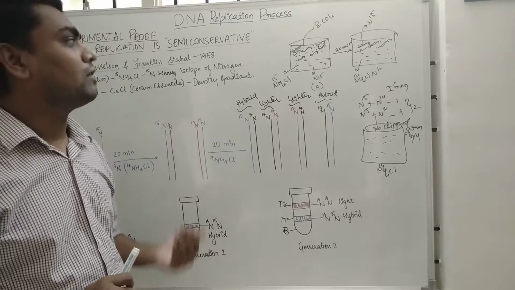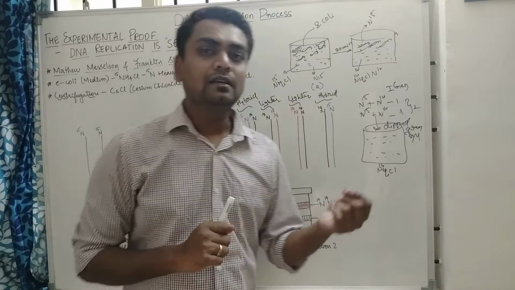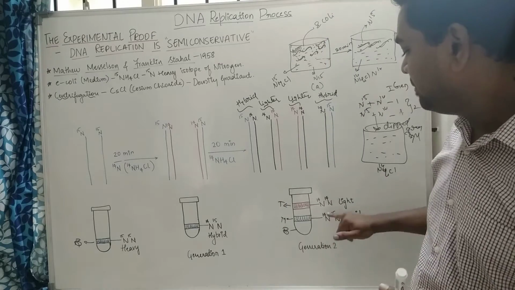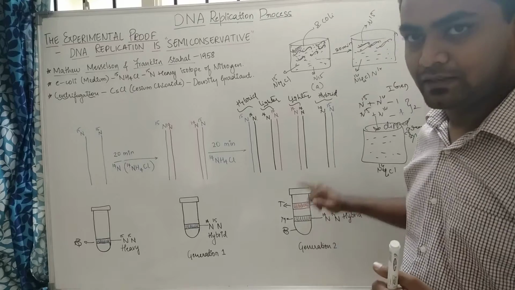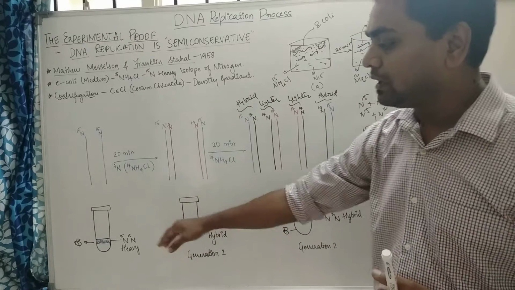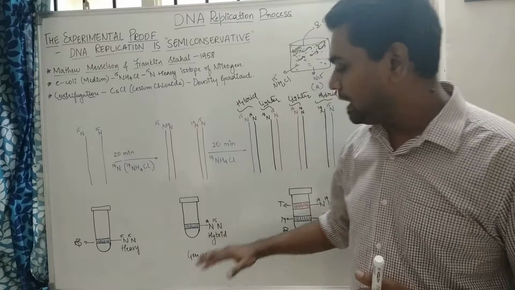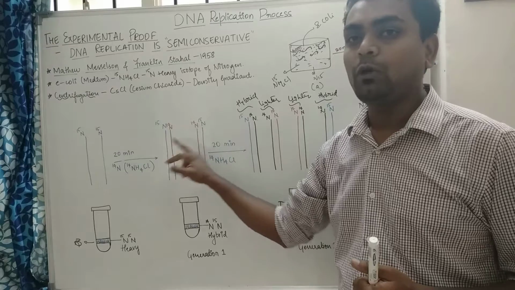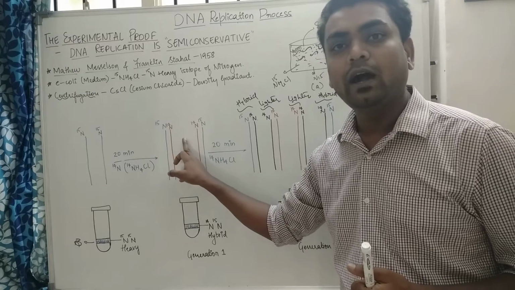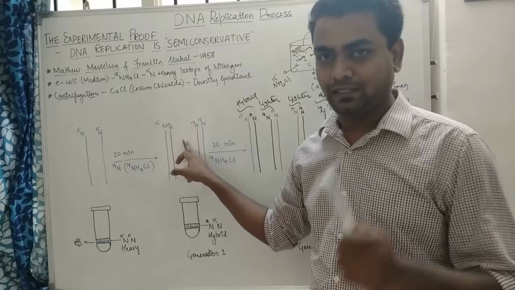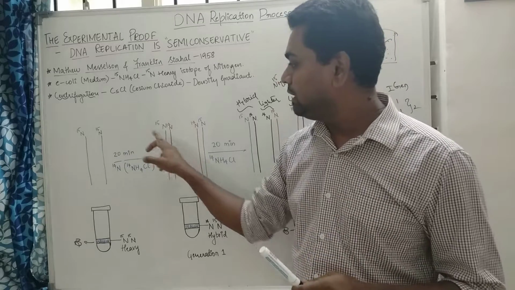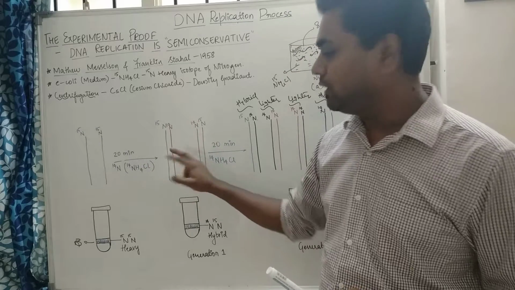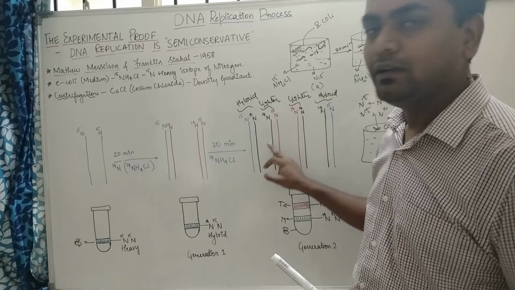From this experiment, they concluded DNA replication is always semi-conservative. How? If it is hybrid, it always floats here because of the centrifugal gradients. They concluded heavy always goes down, hybrid in between, and the lighter floats. They also concluded that the same isotope strand always wants new synthesis, like a new strand. The exact copy will not come. When you want to replicate, some new strands will be there, and when they separate, they want the new strands.